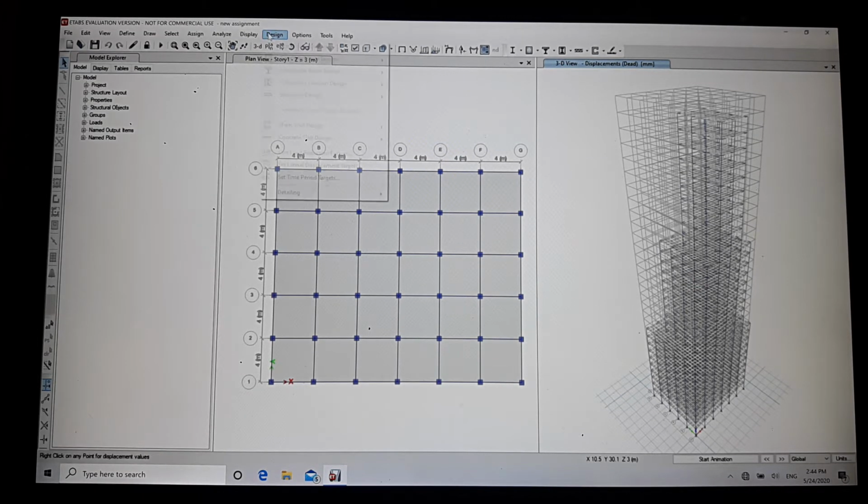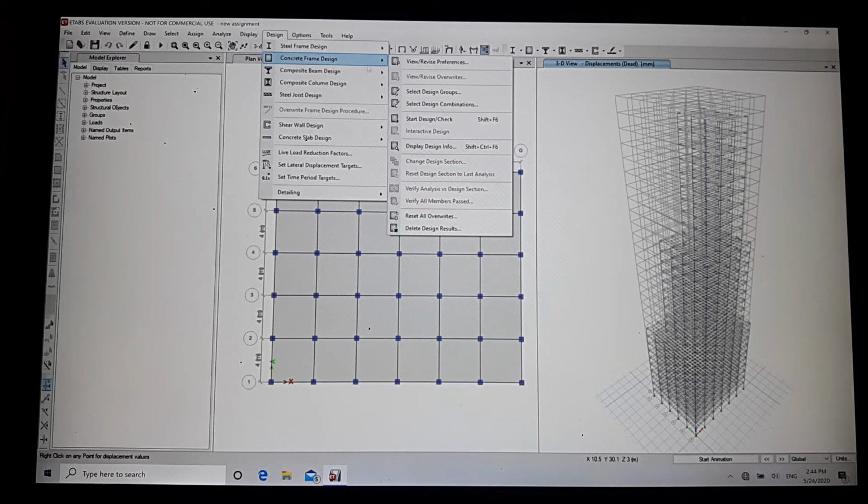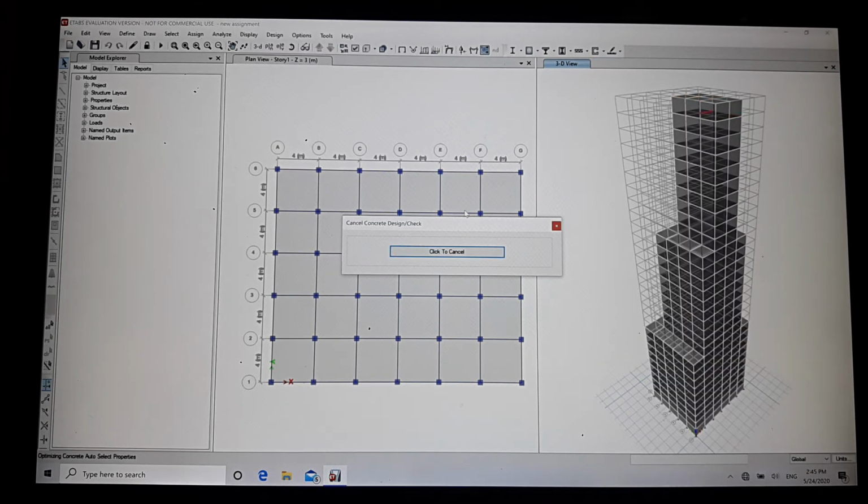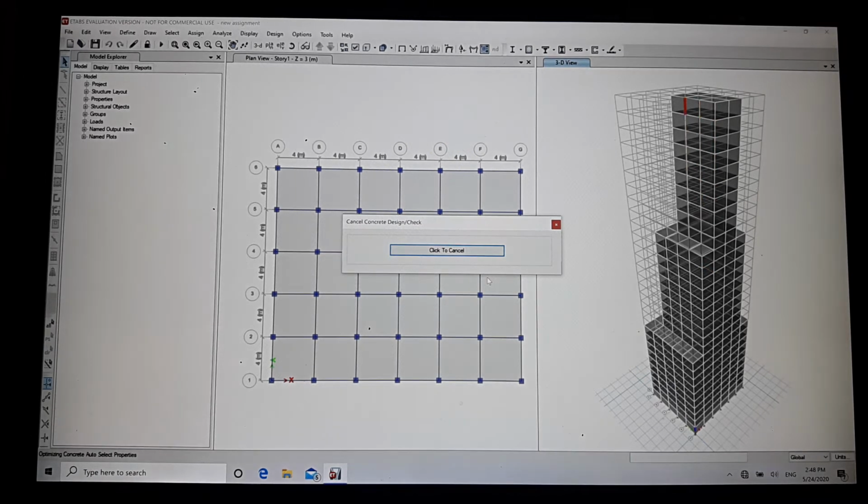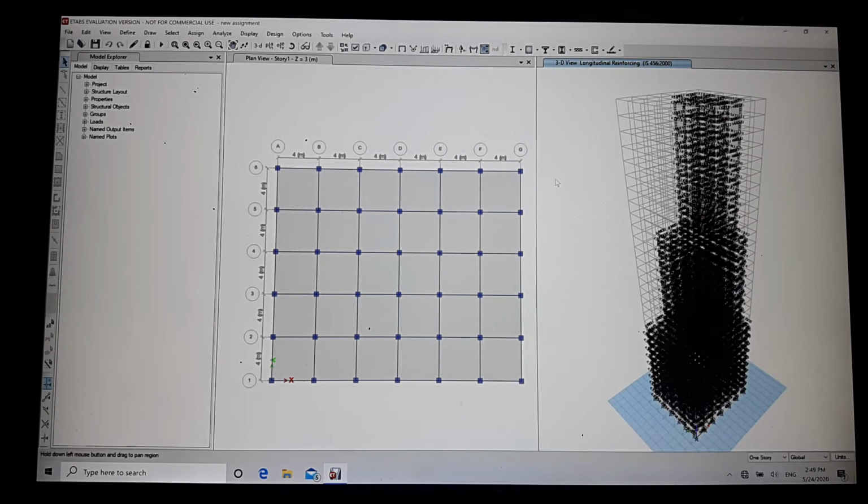Now go to design, concrete frame design, and then start design check. So now our design check is ready.